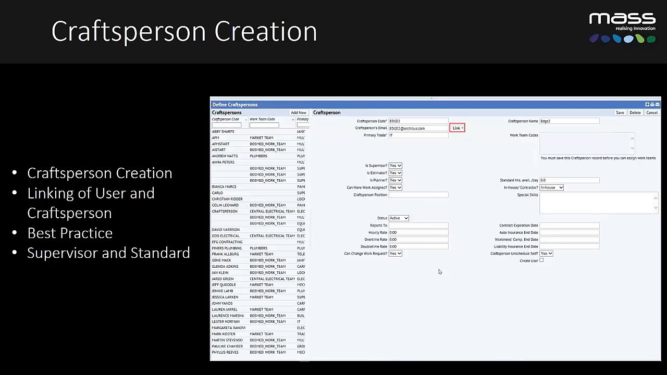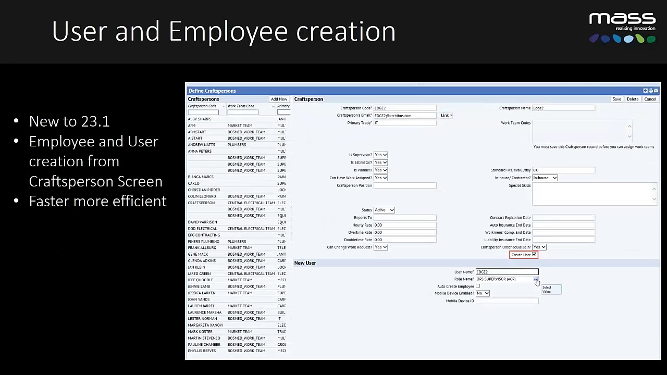Next page is something that's new to Archibus 23.1. From the craftsperson or defines craftsperson page, you can create a user that will link automatically to the craftsperson and also to an employee record. So within here, if you tick create user, which is highlighted as shown, it will automatically link to the email that you have entered for the new craftsperson, in this case edge2@archibus.com, and the new window will show up allowing you to put in the username,